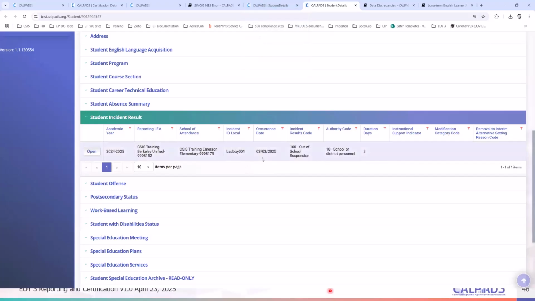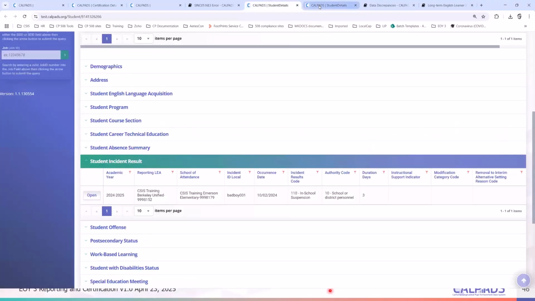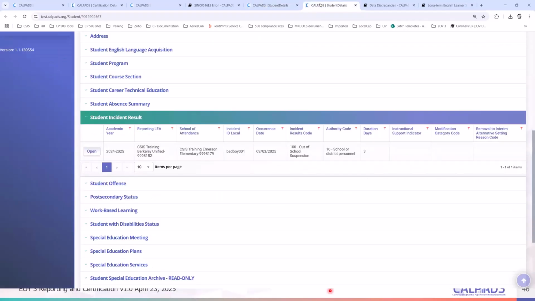So let's say this may have an occurrence date of 3/3/2025, maybe because the secretary thinks, okay, we've finally made a decision and suspended the students on 3/3. So they put 3/3/2025, and now that creates a discrepancy. If that's the case, always tell your school secretaries to mark the occurrence date for that incident properly.